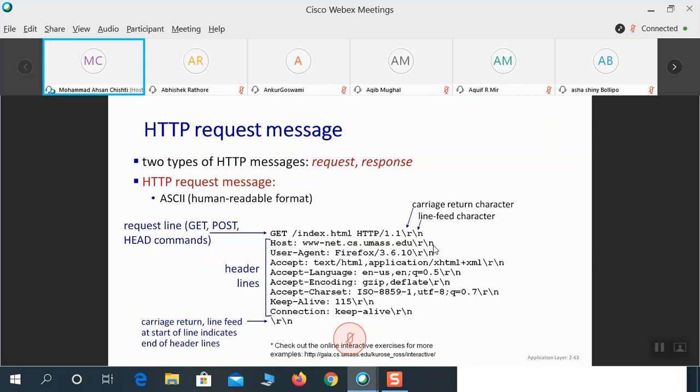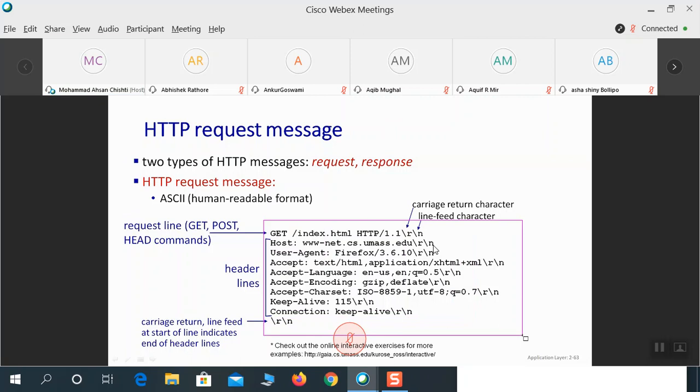Here is how the ASCII, or human readable, format of HTTP looks like. This is what you are actually sending, within this box.